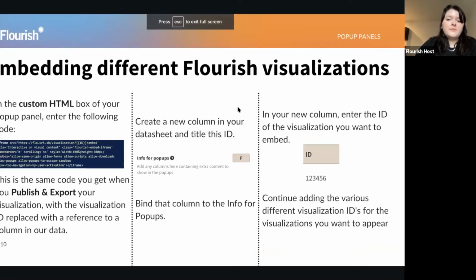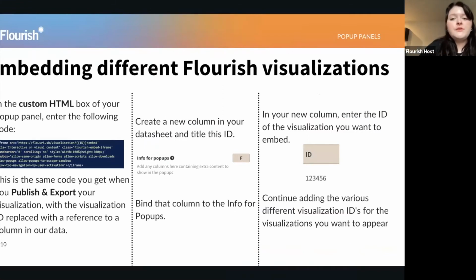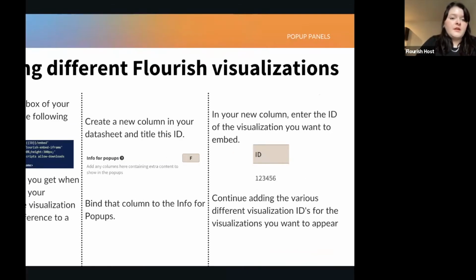And then we do also have this option of embedding different Flourish visualizations. So this comes in useful if you wanted to put individual Flourish visualizations into visualization panels. So what you can do is you can bring in different visualizations. So I'll just quickly go into the app. And so I'll just go into a different one now. So I might go into the